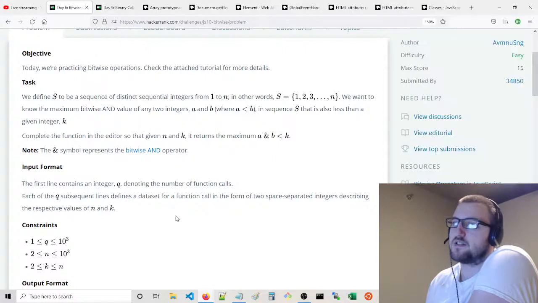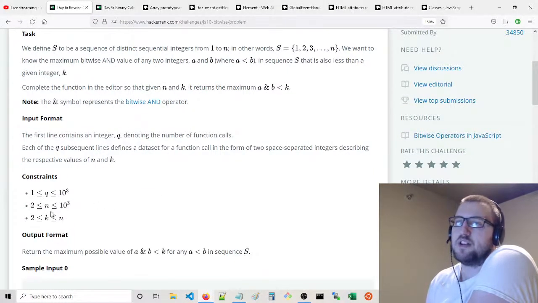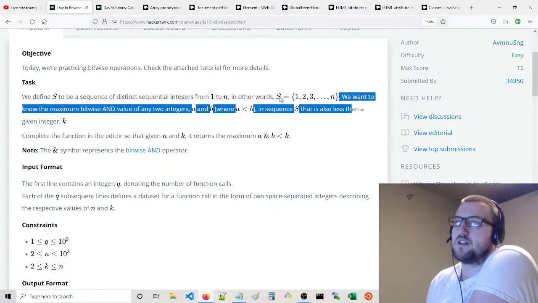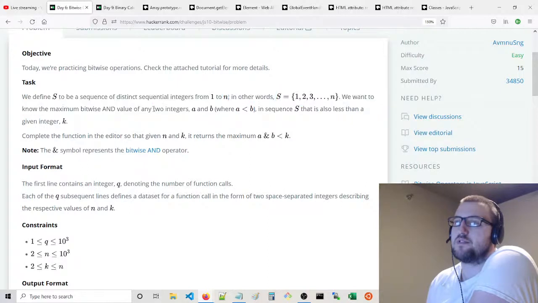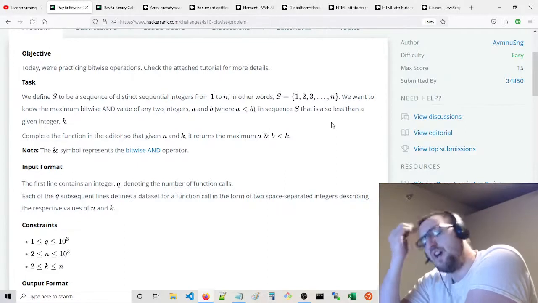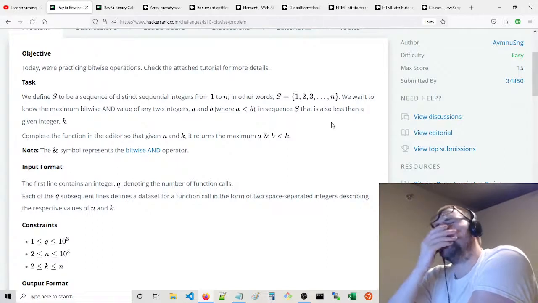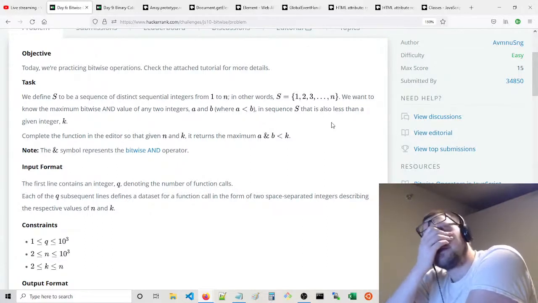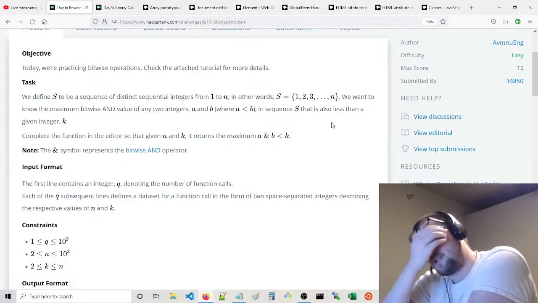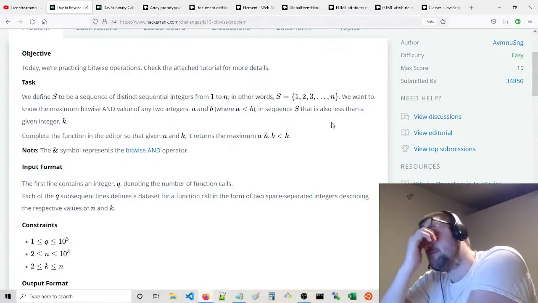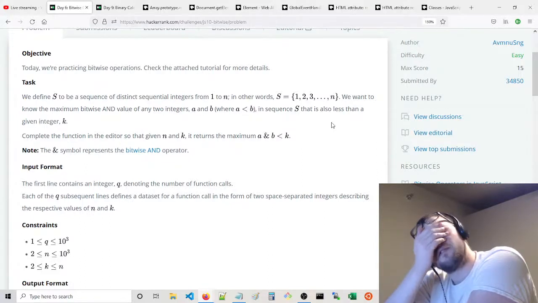Oh, actually, this is kind of hard. If n is 1,000, and we do this query 1,000 times, we can't just do a simple, what do they call it? There's like a simple way to do this where you, what was I even saying? There is a simple way to do this where